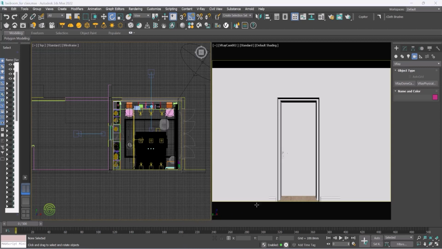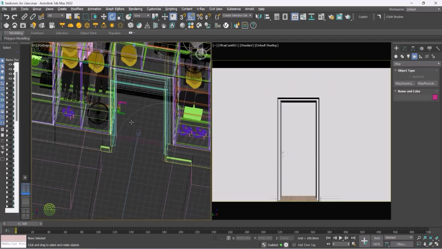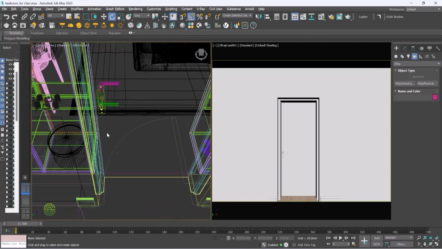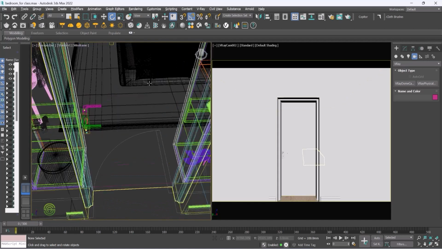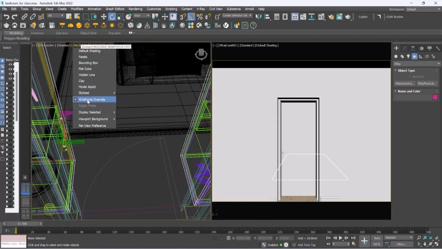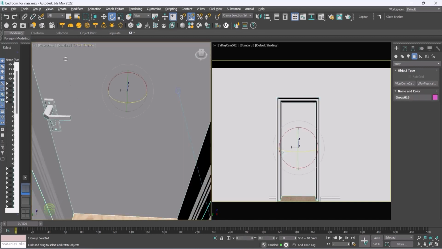So guys, now after doing all these things, we'll just select the door and change the door. We have to make this door a component, so make this door openable and turn off this wireframe override. Now select this,